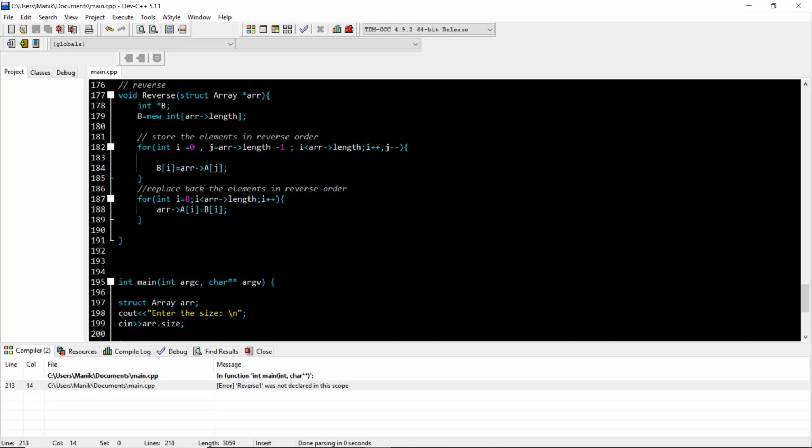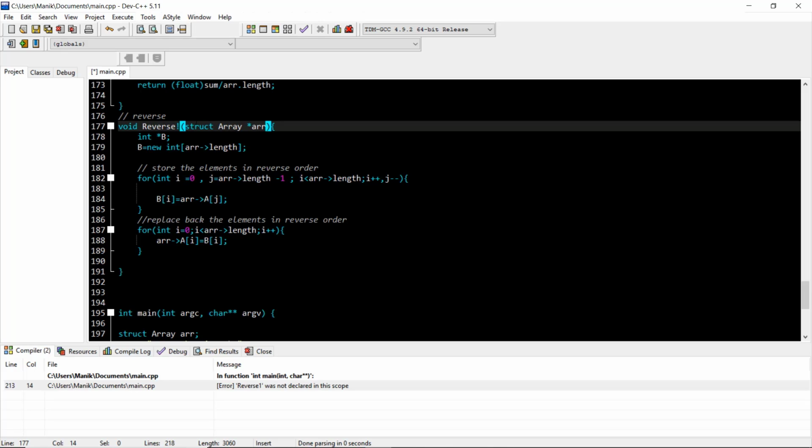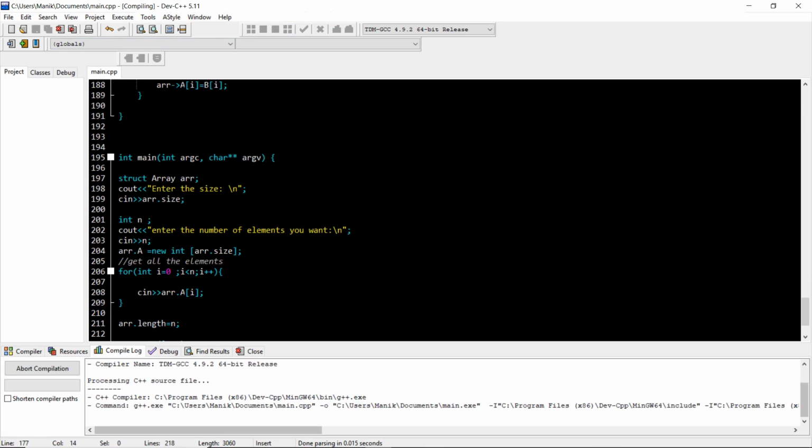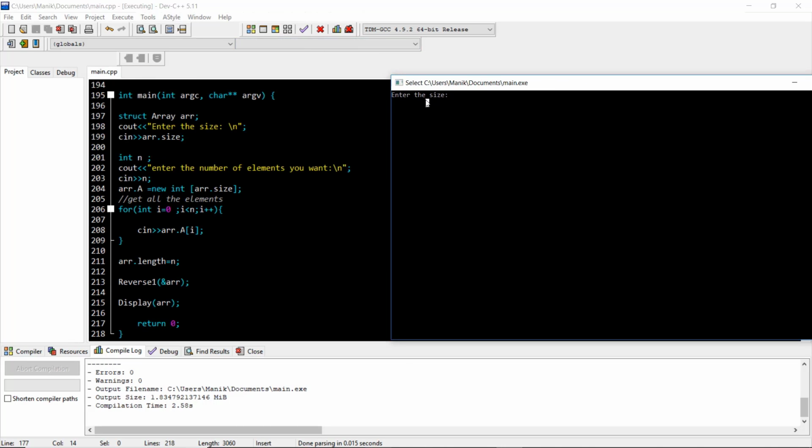Reverse. So why is it not? Oh god. Reverse 1. Okay. So let me just put the size 10, elements 5, 1, 5, 6, 7, 4. So now you can see it is printed in the reverse order. Okay, it's very important for you to understand this concept. See this, how it is printed.